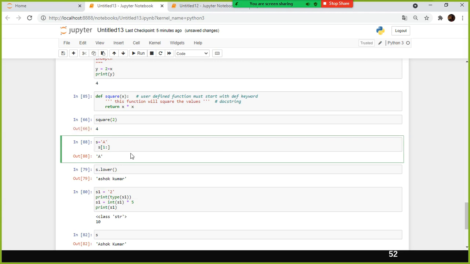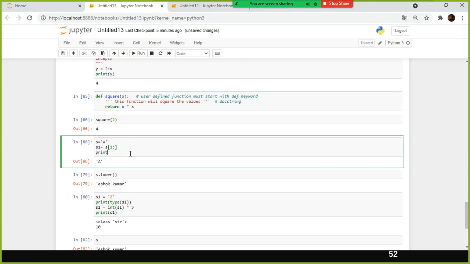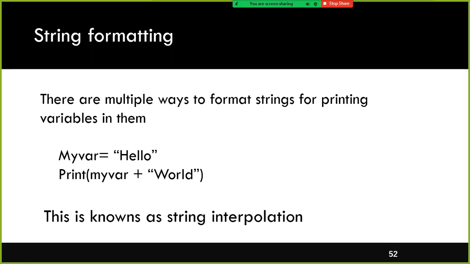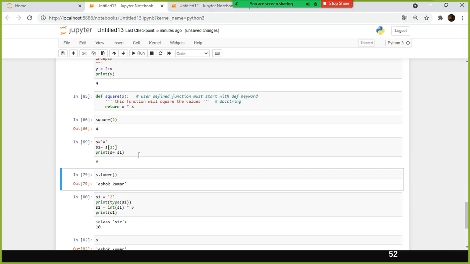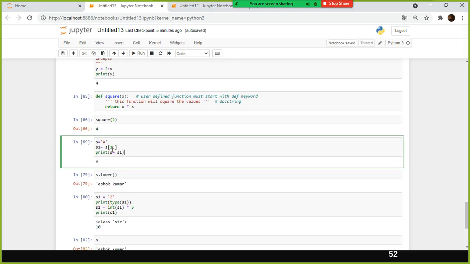So s1 is equal to, and then print s and then plus, the concatenation, s1. This is another way of doing it.